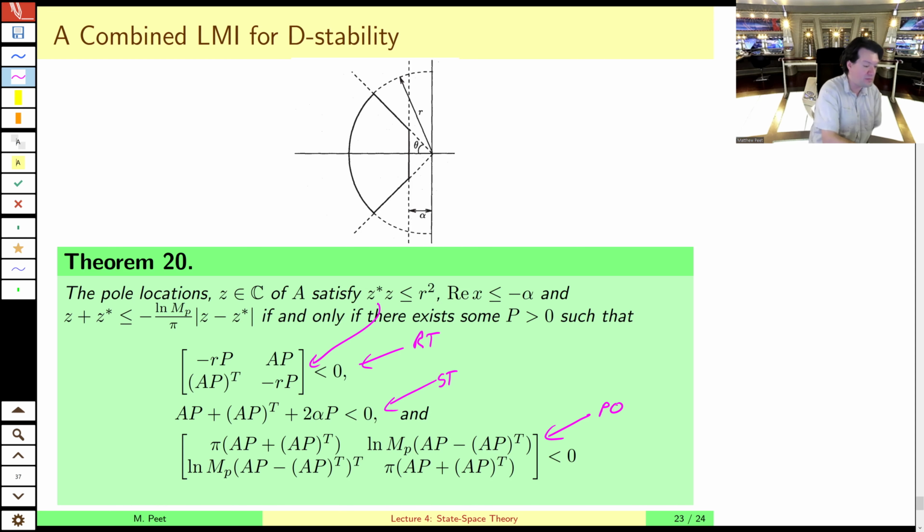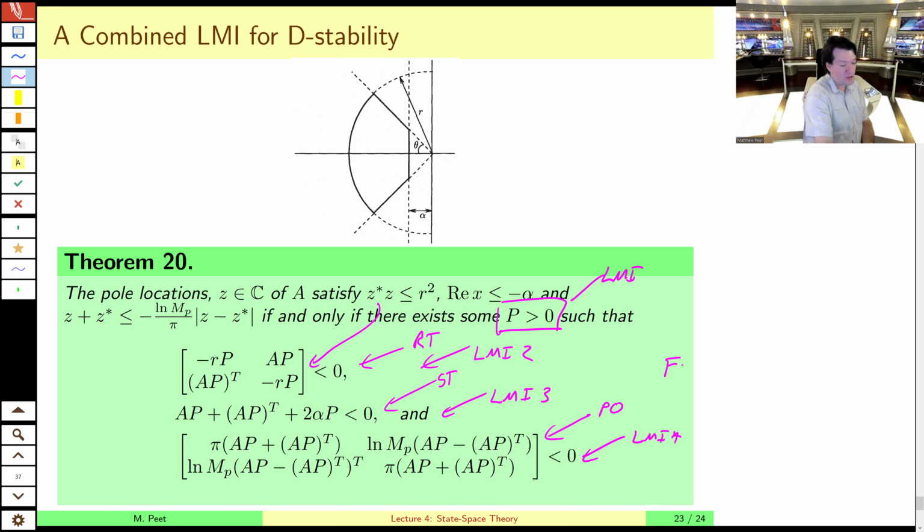In YALMIP, we add LMI 1, then we'd add LMI 2, and then LMI 3, and then LMI 4, and we just add these sequentially, just by doing the AP plus P AP transpose plus alpha P less than 0. So we just concatenate our constraints with a new LMI each time. It's relatively straightforward to implement using YALMIP,